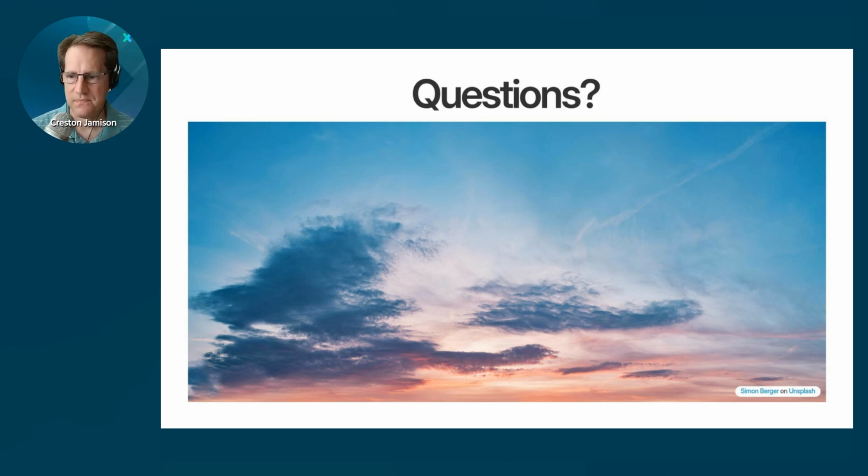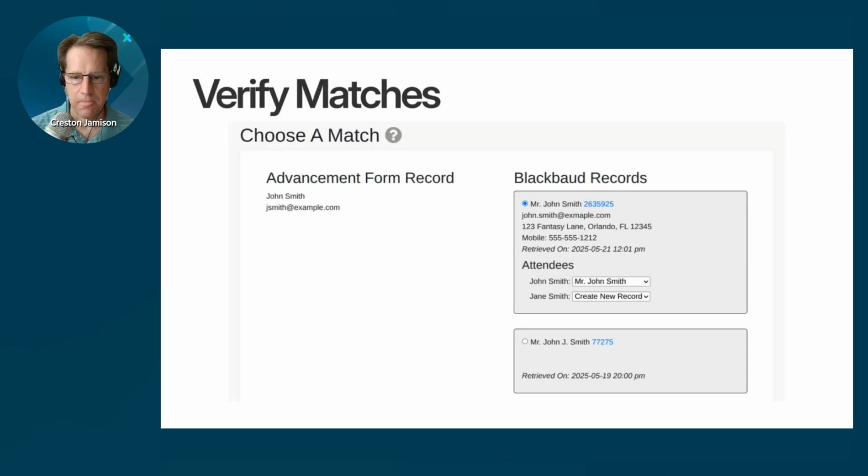This is a question by Alex. What about when multiple constituent records are found matched? Basically, that's the reason for the manual verification. If more than one constituent pops up, they can manually review it to determine which one they want to be the match. And another reason why we have this link to Blackbaud NXT here, the blue hyperlink, is